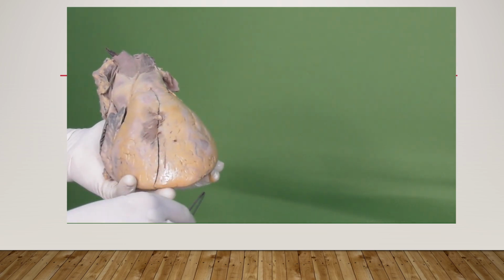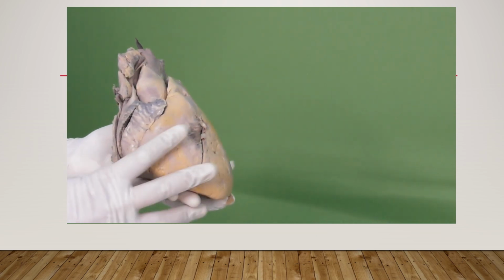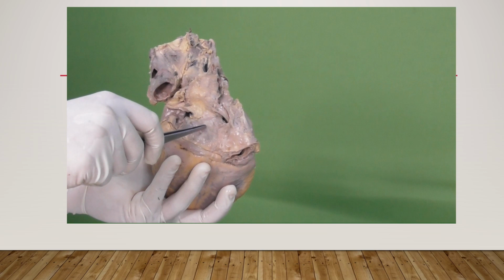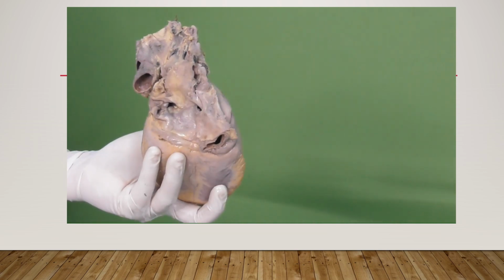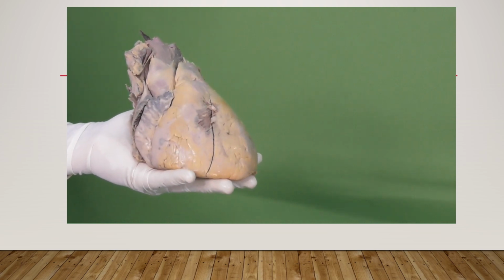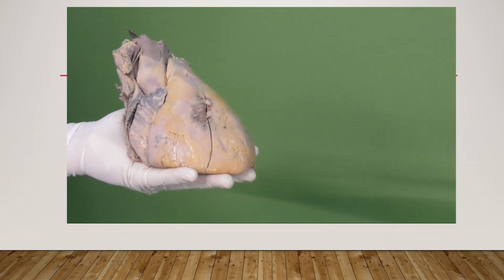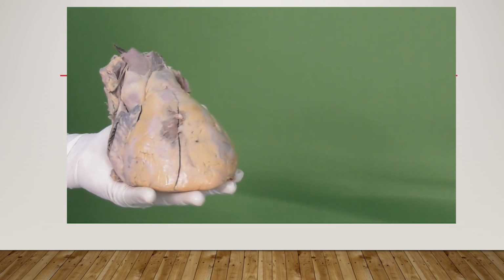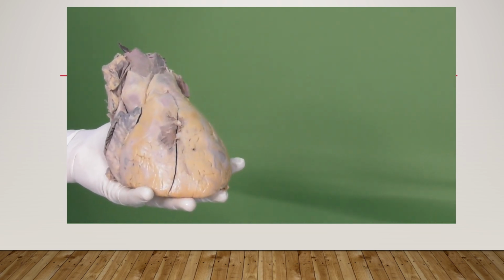Here we have the left ventricle, and as we have already seen, along the posterior surface we have the left atrium. So these are the chambers of the heart, and these chambers are separated by different sulci. So what are these different sulci which we are seeing on the external surface of the heart? There are 3 important sulci.